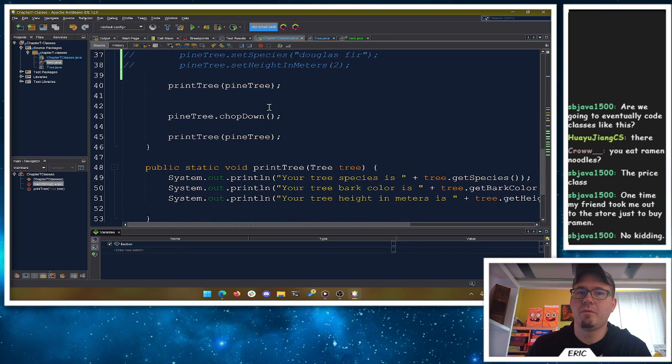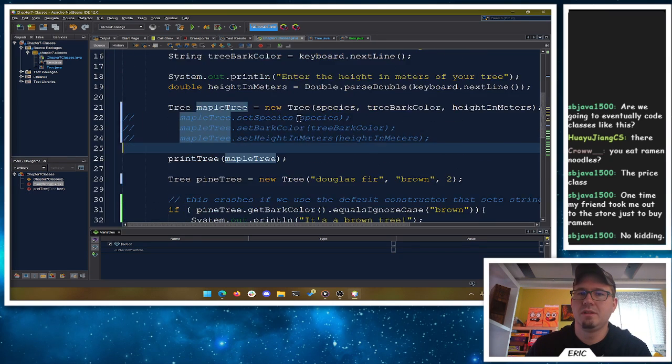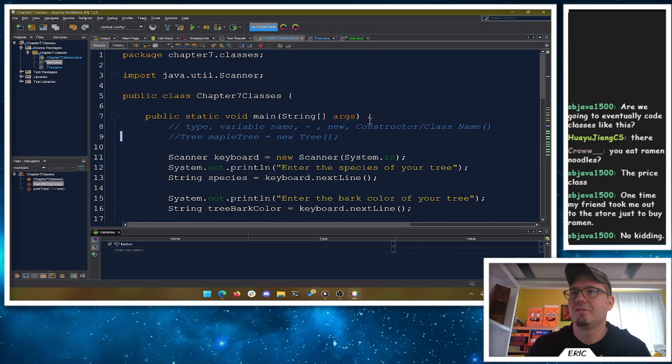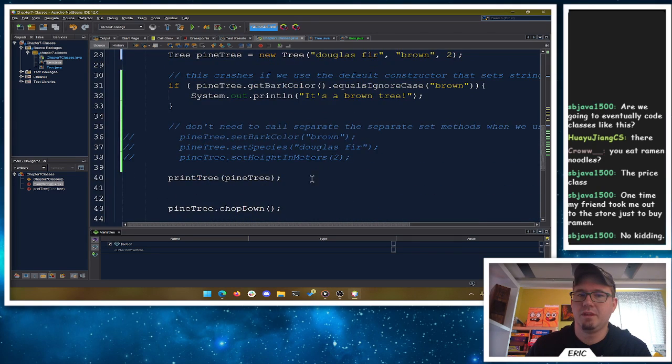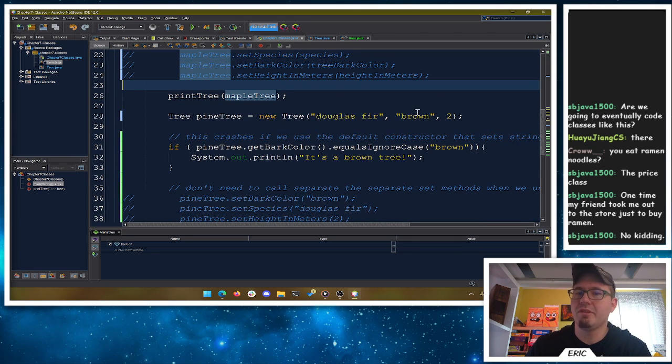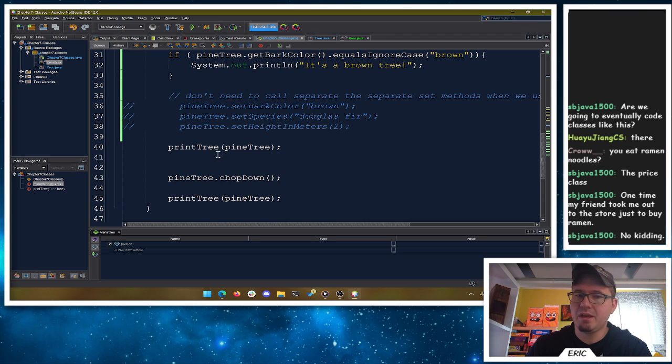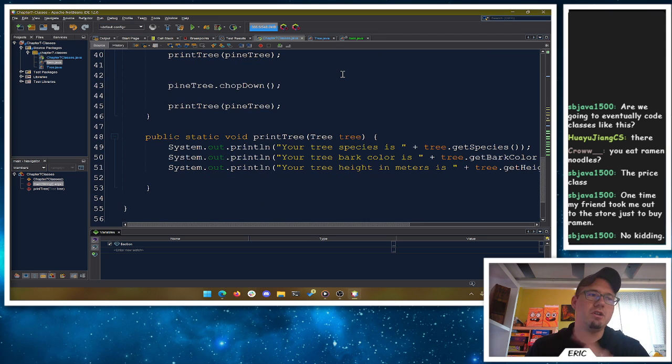Well, we would come over to our main method, and we'd start making a bunch of items, right? And we'd just do what we did with tree. We'd give it some values, and we'd spit the values back out, and then we'd say, okay, I know I gave it this, so when I spit it back out and I print it, it should show this, right? That's how we test our own code to make sure it does what it's supposed to do. We say, okay, if I give it this input, here's the expected output.